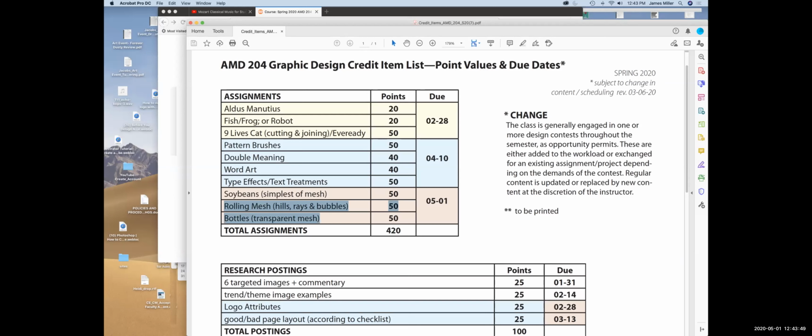You should know the difference between scaling and skewing. One is a proportionate size change, and the other is a disproportionate size change. You should know some of the values of PDFs. So there's many values to PDFs, and